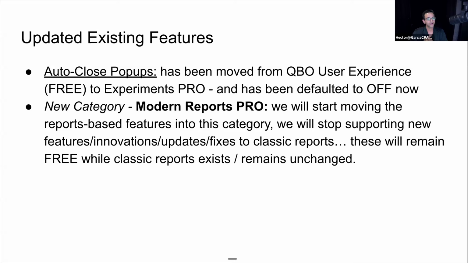Major change that we did: auto close pop-ups used to be a free feature that was defaulted on. We shifted it now to a pro feature under Experiments Pro, and we have defaulted it off. The specific problem that we had is inadvertently, when the pop-up blocker was on, it wasn't allowing some people to make a switch between QuickBooks Online Accountant to Intuit Enterprise Suite, because we didn't know, but one of the properties of that pop-up that allows you to make the switch, we recognized it as a pop-up, and we were out